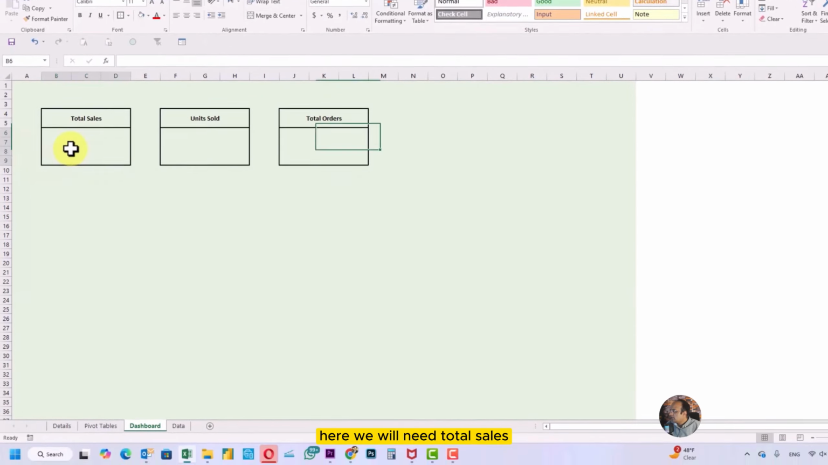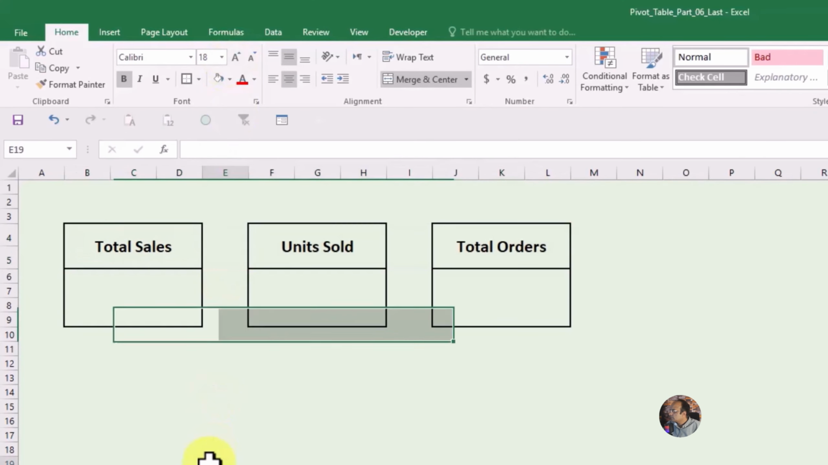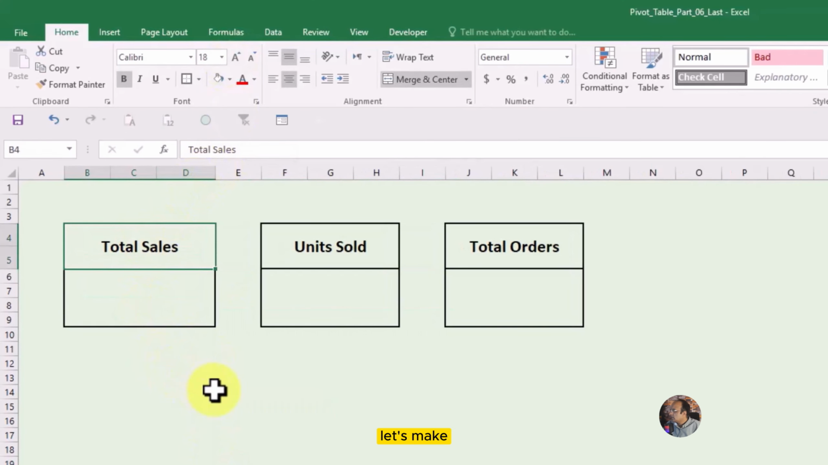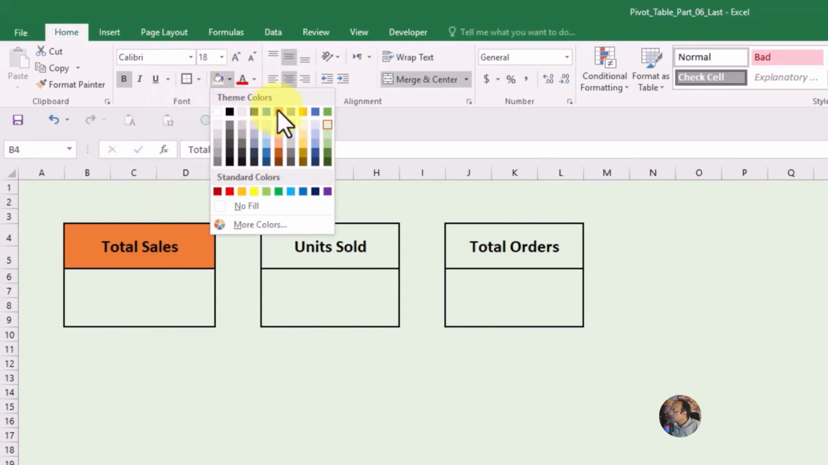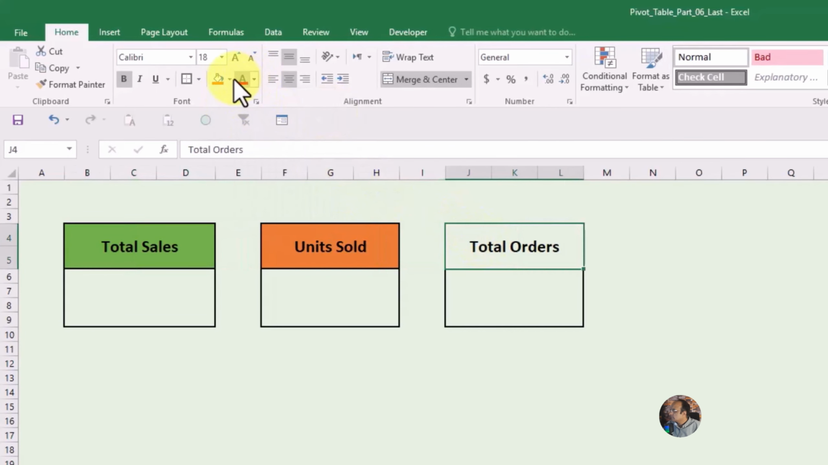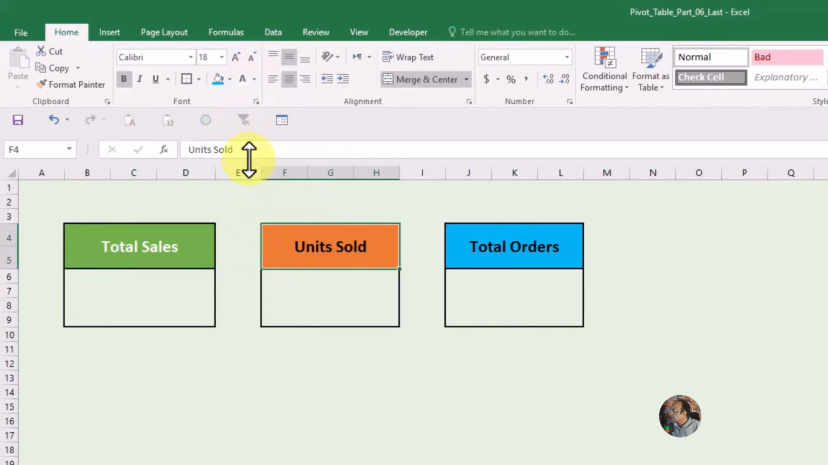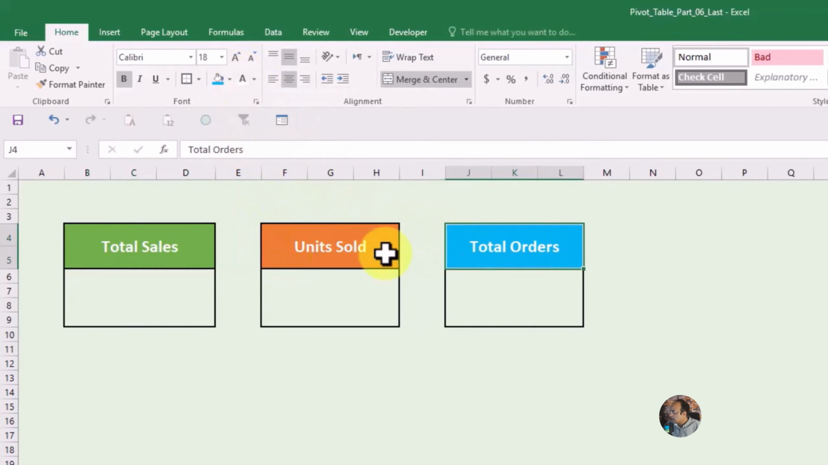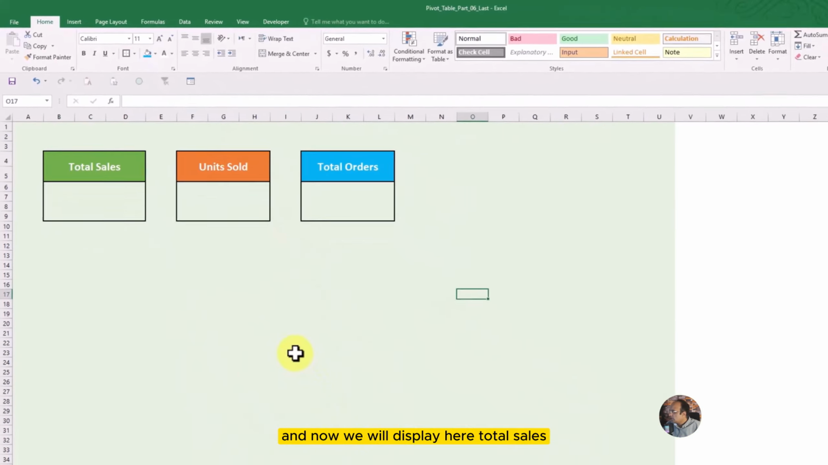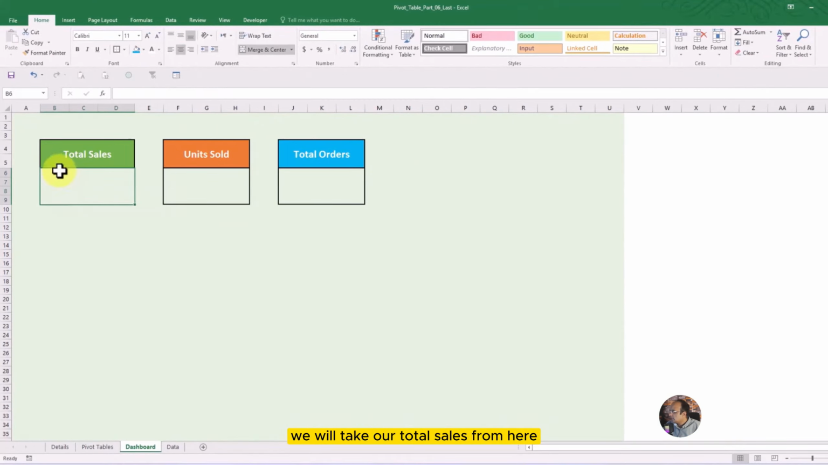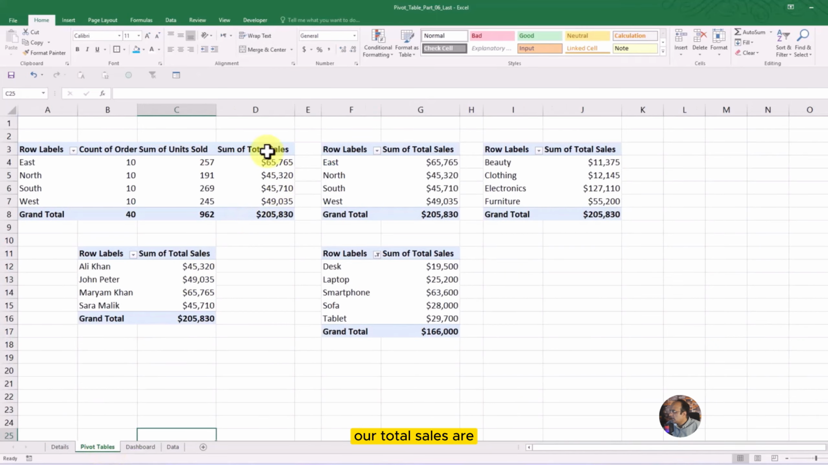Here we will need total sales. Let me make it slightly bold. Let's make some good colors. Let's change it to white. And now we will display here total sales. We will take our total sales from here. Our total sales are